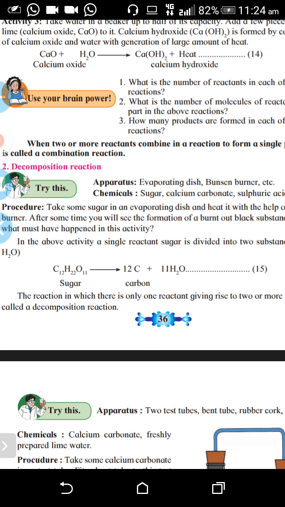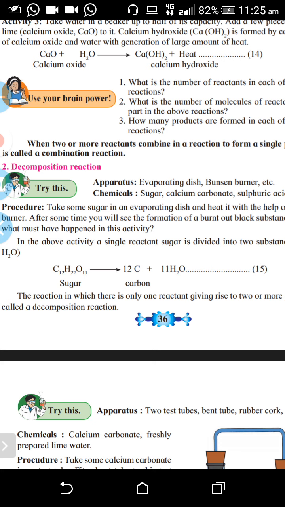And how will you detect it? When the mouth of that test tube starts burning, that means it is hydrogen. And when it helps in burning, if you are holding a candle near the mouth of the oxygen test tube and that continues to burn, then it is oxygen. So that means you have separated hydrogen and oxygen. When hydrogen burns, a loud popping sound comes. So you can understand that it is hydrogen gas. So like that,